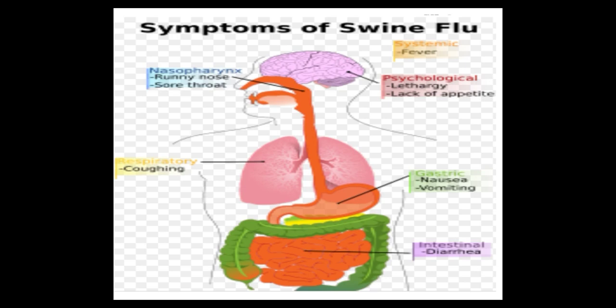You can see in this particular figure how the lack of appetite is there, how we become lethargic, then we have nausea, vomiting, diarrhea, coughing. Different organs face problems. So swine flu affects each and every part of our body, and that's why we face it as very problematic. It can be diagnosed by sampling fluid from the body and analyzing it in a laboratory. So this sample from our body, that is the saliva or fluid taken from the body, is then sent to the laboratory.